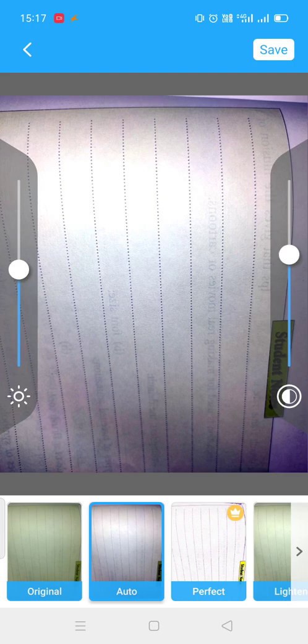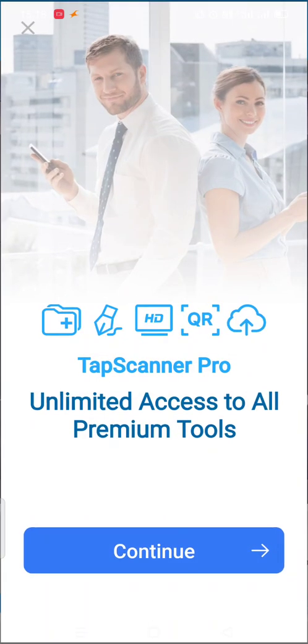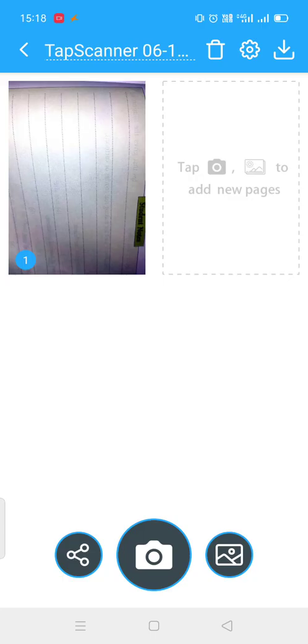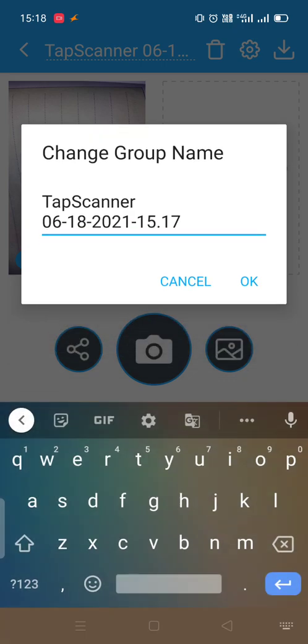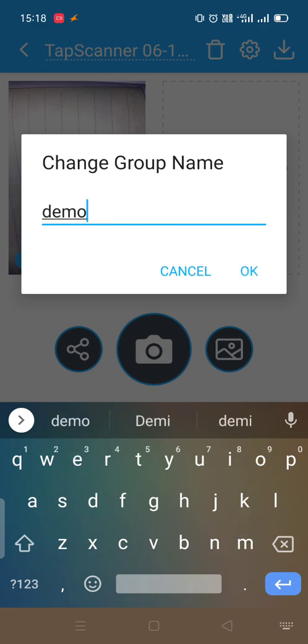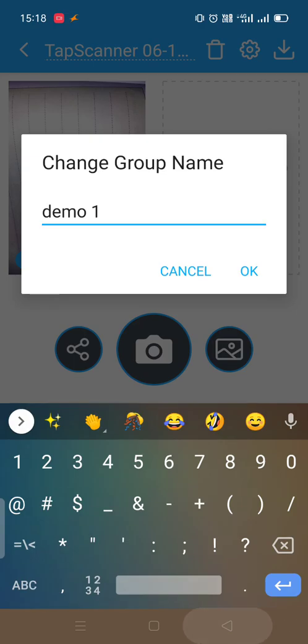Now see this. Okay, it is saved. And now I am saving it. I am giving it a name and saving it in PDF format with the name demo 1.